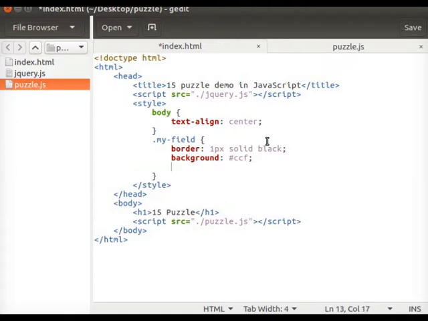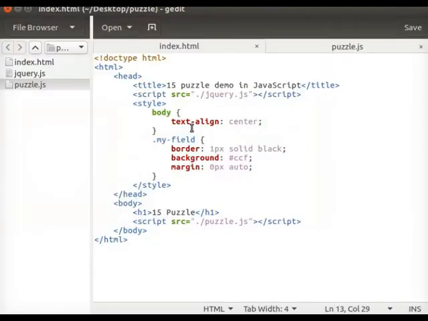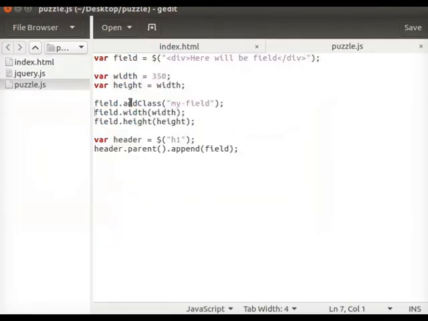I just add another CSS property to my field. Margin 0 pixels above and below, and automatic margin on right and left. It has one of such forms with 2 parameters. Great, this works. Now we need tiles in this field, yes. So let us start adding them, but before we continue, let us put the code for the field